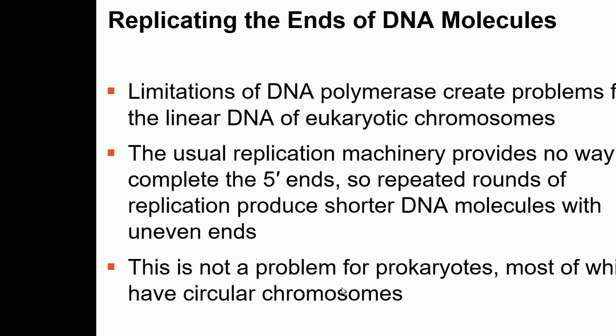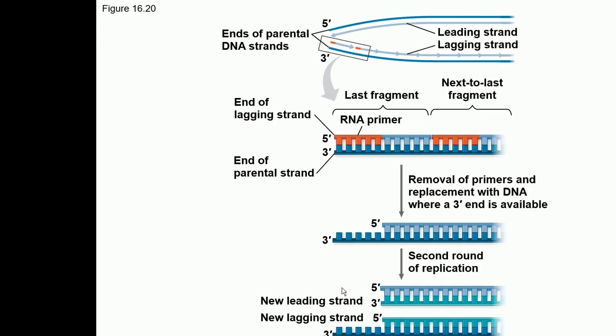As we have just talked about how the lagging strand is formed, now there is a question which comes. See here, as we discussed, the lagging strand is made in fragments. There are multiple primers, right? So here is one primer, here is one primer. This part of the DNA is made by DNA polymerase 3.